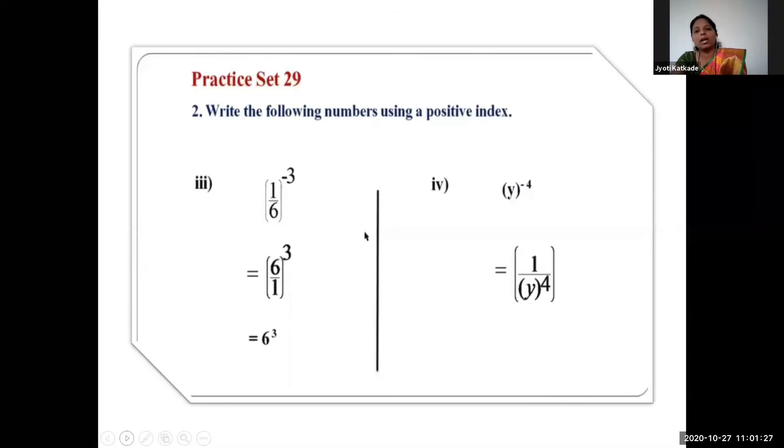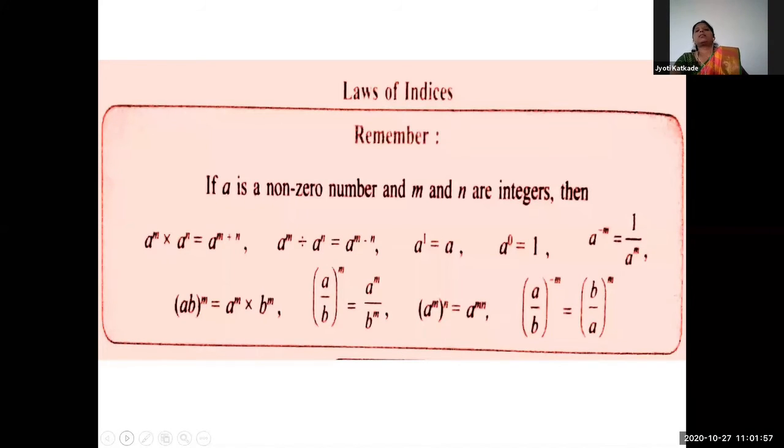When there is no any denominator, then there is always 1. Okay, means y raised to -4 divided by 1. Now we have to take positive index, so we get 1/y raised to 4. Or you can write at the bracket also 1/y bracket raised to 4. Why? Because any power of 1 is value we get 1. From this topic, that is a raised to m raised bracket raised to n.